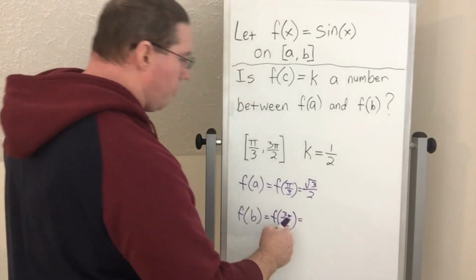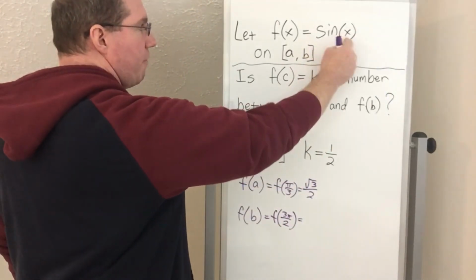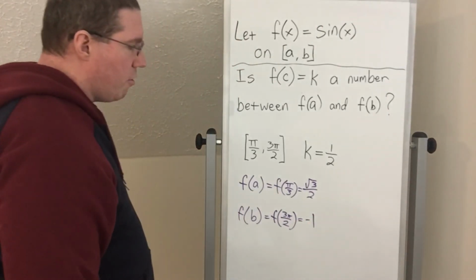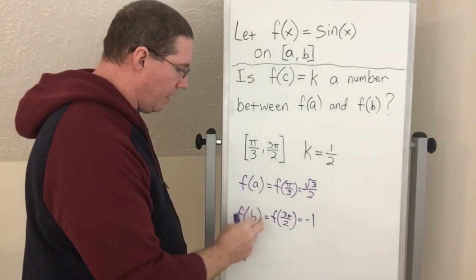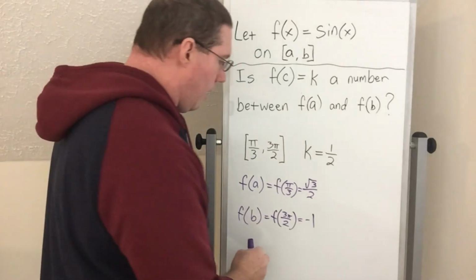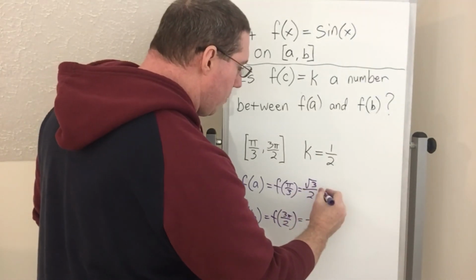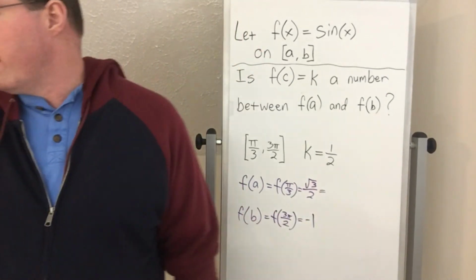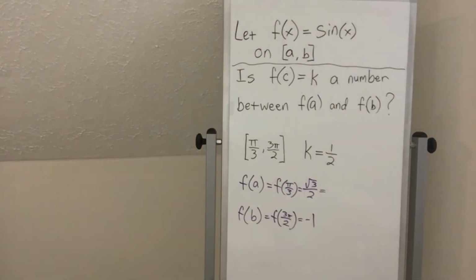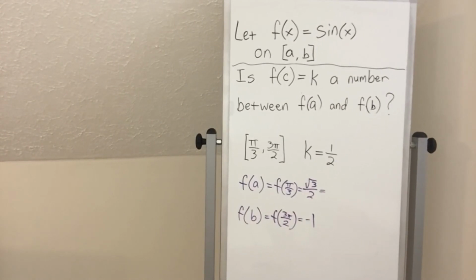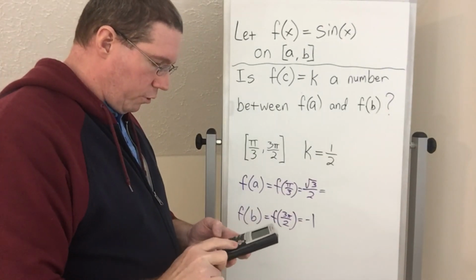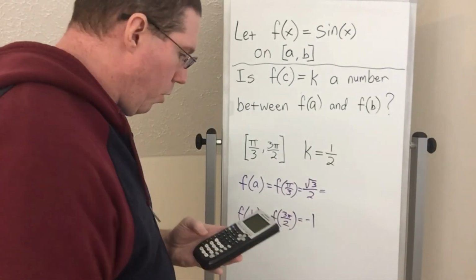And so if we plug 3 pi over 2 into sine of x, we have sine of 3 pi over 2, which is -1. Okay, and so we've identified f of a and f of b, and now, depending on the quiz that I give you on It's Learning, you're probably going to have to enter this as a decimal. So let's put in square root of 3 over 2 as